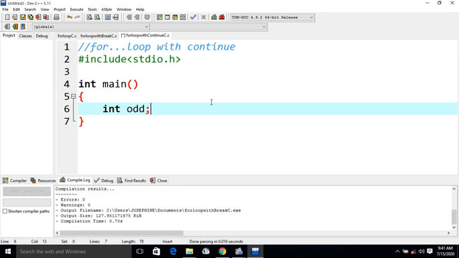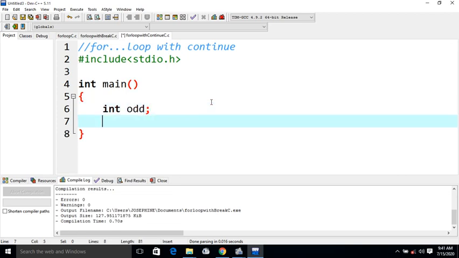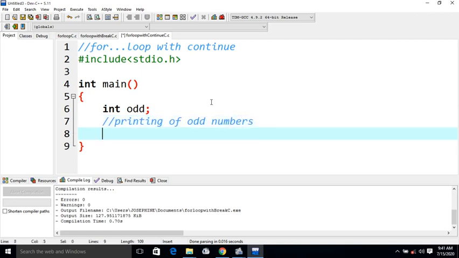We want to print odd numbers. So you can now say printing odd numbers. So you can have something like a title, print a